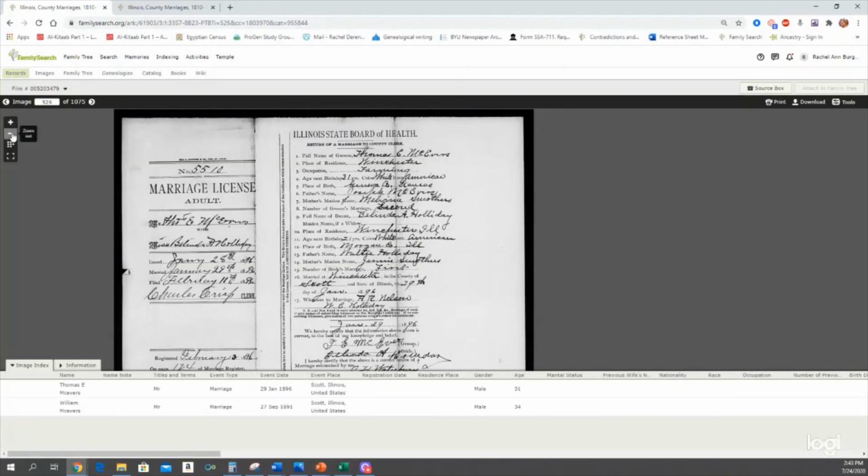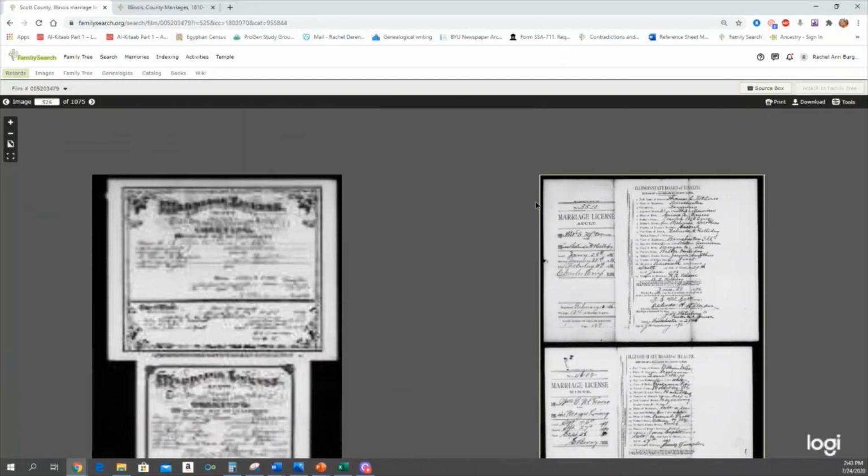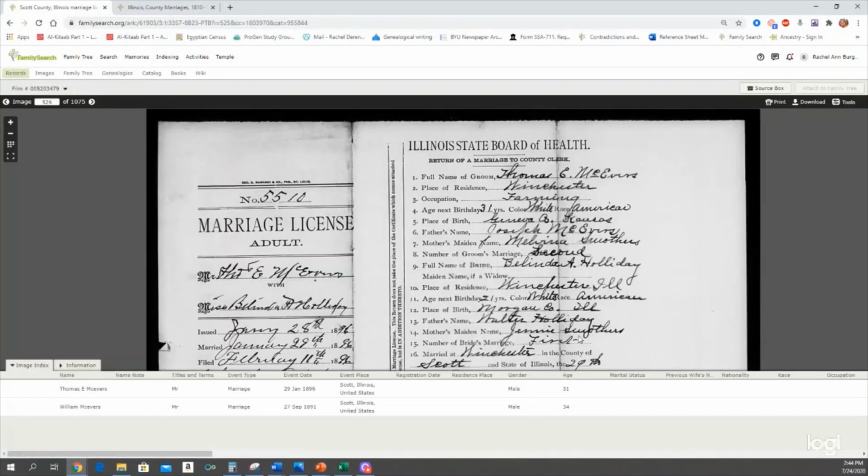So when you get your bearings, make sure that you can see the whole image, because these are tricky. Typically, you'll see this rotated and you'll have a page here for a person and a page here for a person. But because I guess Scott County wanted to be different, and the way that they were microfilmed on top of each other. So these are actually 4 different people.